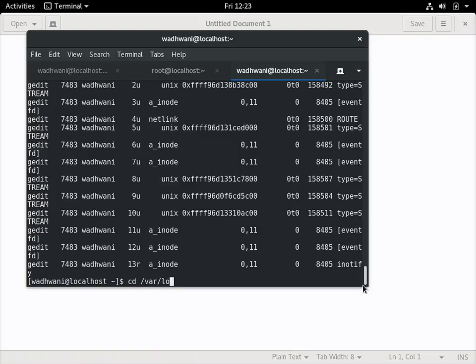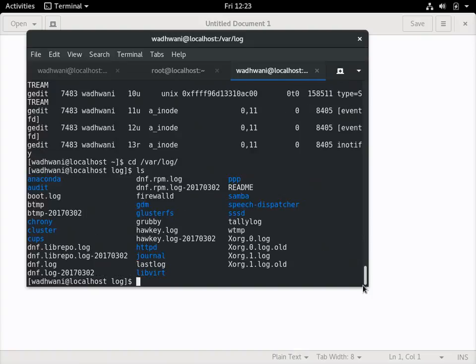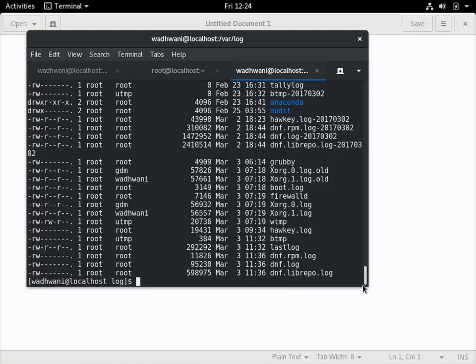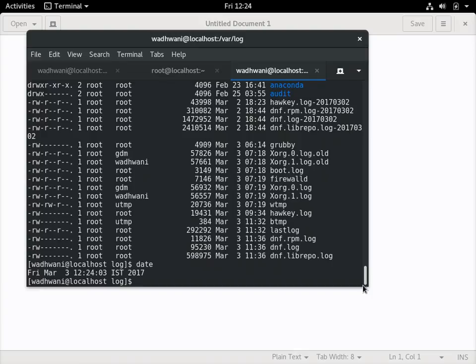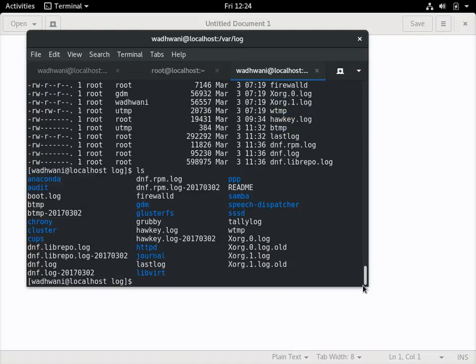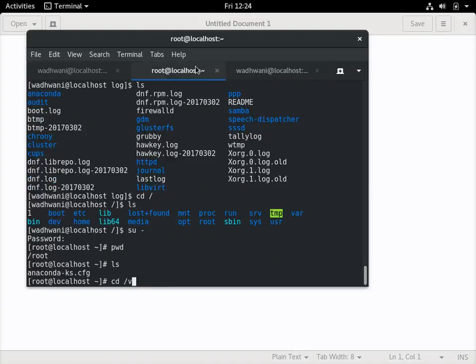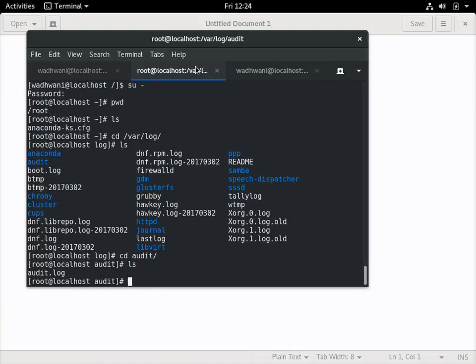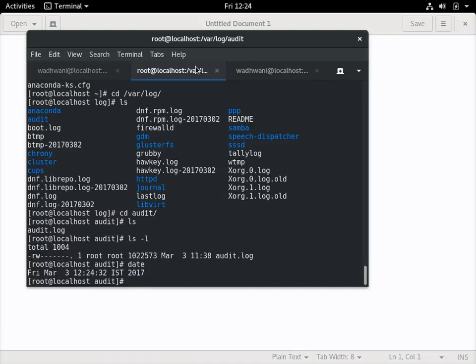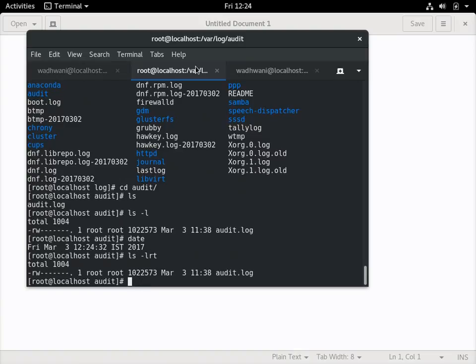Let me go to cd /var/log. Okay, and I think xorg is the latest file right now? No. Firewalld is also not. So I don't have a latest file which is updating right now. Let me also take a look at cd /var/log/audit. No. Okay, I don't have a file right now which I can show you, but if I do this lsof,